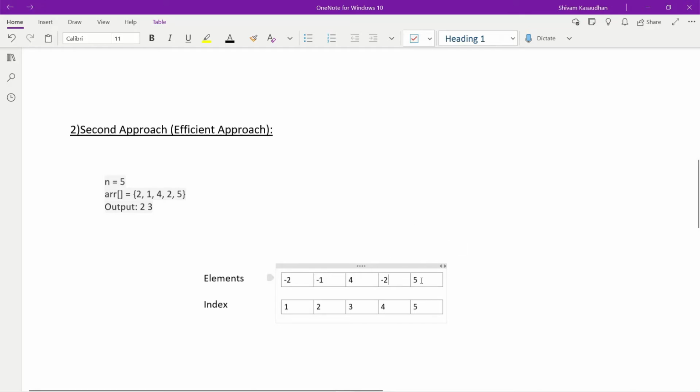Again pointer will come to 5. Now 5 is already over here, so we'll make this as negative. We already know what is our repeated element. Now we only have to know which is our missing value. So in this array, if we see properly, all the elements are negative except this 4 that is lying at its index 3. So which element is missing over here? That is 3. We can return just the index of this 4, that is our missing number. You can see here in this array repeated element is 2 and missing number is 3.